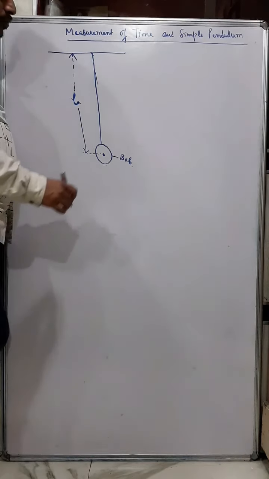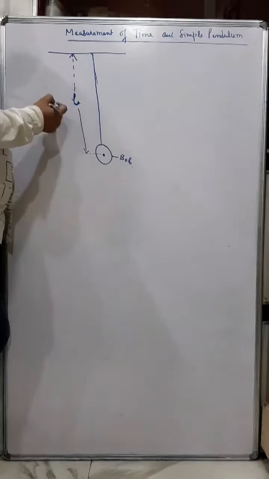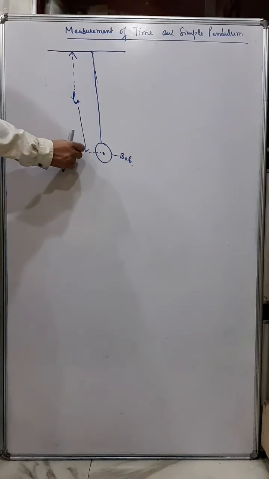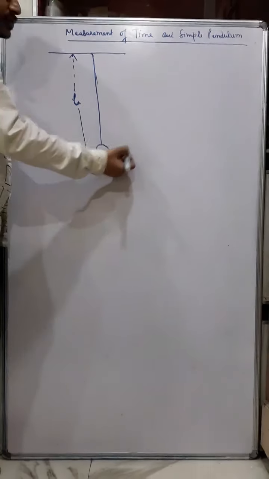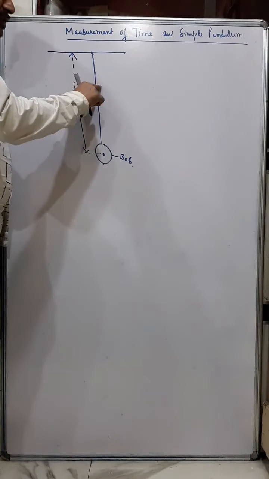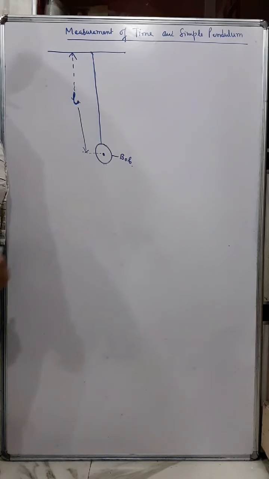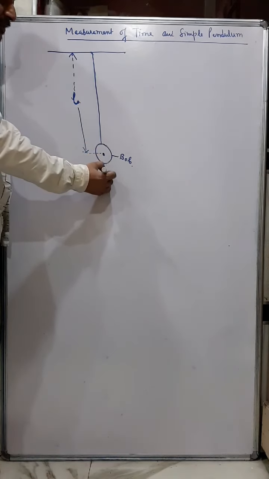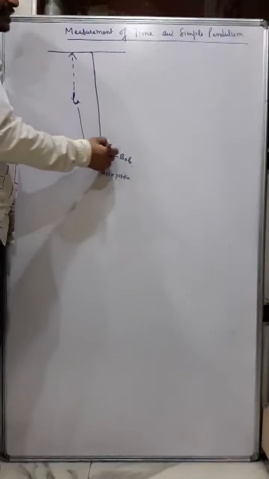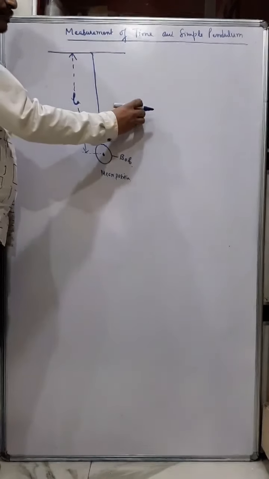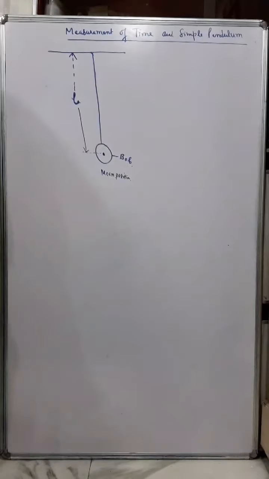Now one complete to and fro motion is called one oscillation. If I disturb this pendulum slightly, then it starts oscillating, that we say is oscillation. Now one oscillation means what? This is known as the mean position of the pendulum. The initial position is known as the mean position. And the maximum height that the pendulum goes to, that point is called the extreme position.